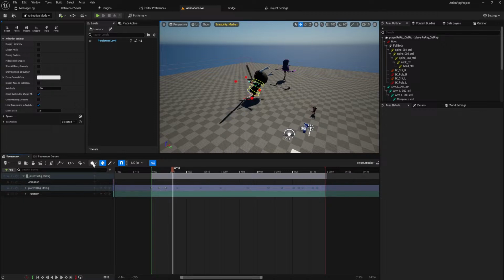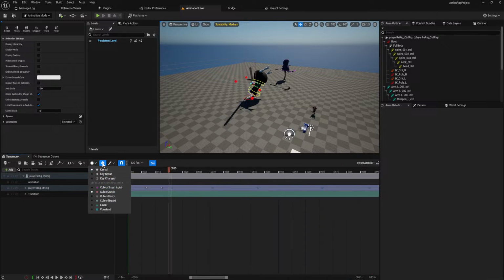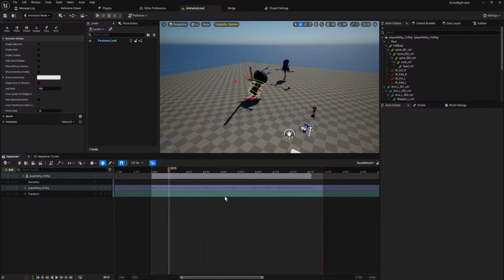But I guess what we can do is... Control Z. Oh, no. Our way through and say we want this frame. Hello, I want to insert a keyframe. Oh, that's that button. Okay, cool.